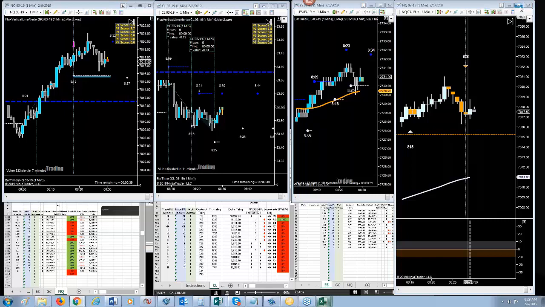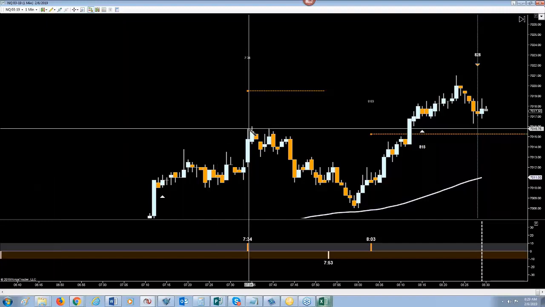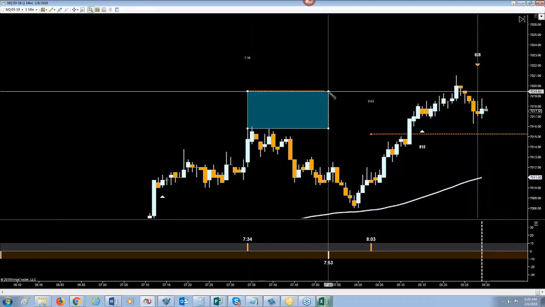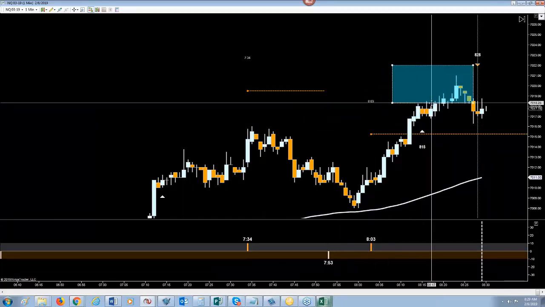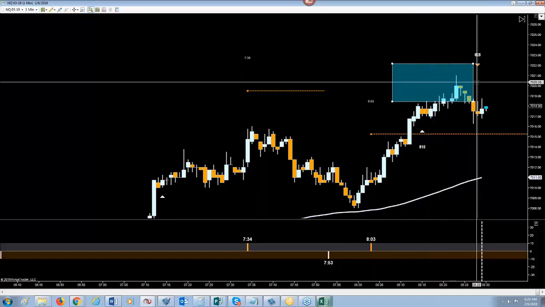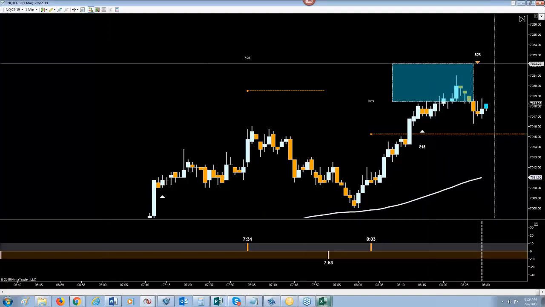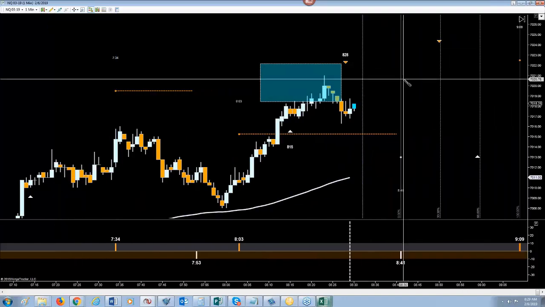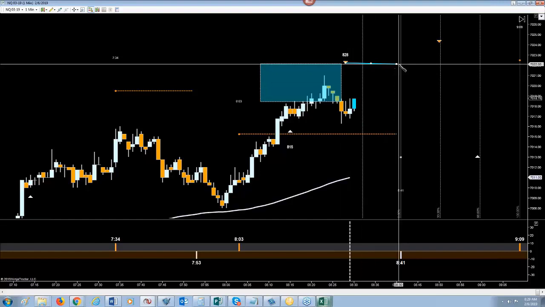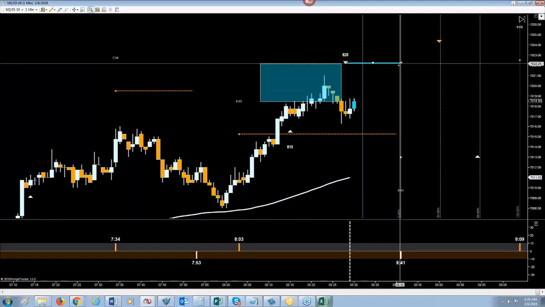So when we use the split technique, one of the things that I do is I keep a rectangle that normally spans the distance of the offset between the lines. And so if I do that over here, you'll see my arrow is a little under where it's supposed to be. It needs to be just a little higher. So there should be, or there could be rather, a line right here extending forward. So this is an area that I would be watching for selling pressure to come in to this